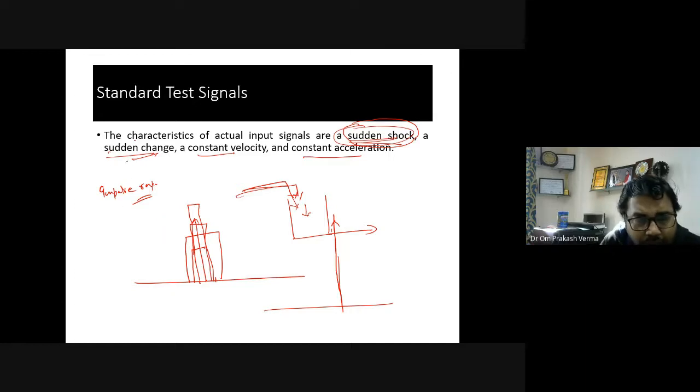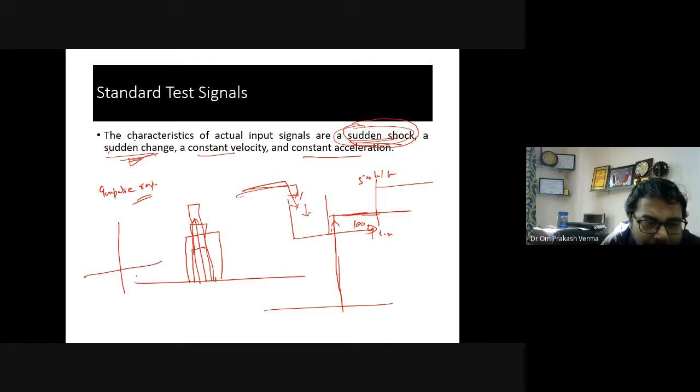Now come to sudden change. Sudden change means, let's say you are here and suddenly you have to provide this one. Let's say you were pouring water at 100 liters per hour, and suddenly you made it 500 liters per hour. It means you have changed the velocity. So this is the sudden change. But going from 100 to 500 suddenly will never happen in reality; it will increase in some gradual way. Yes or no?